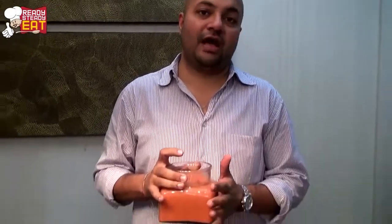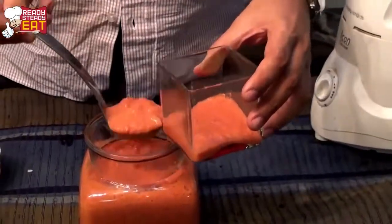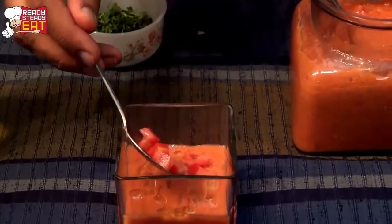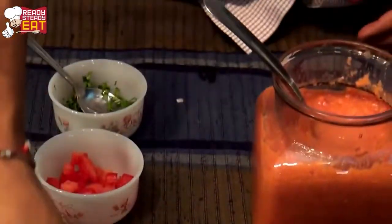plate it up. Right, so the Gazpacho is well chilled. I kept it for about 3.5 hours because I like it really chilled. Let's plate this soup up so it can be ready to be served. Drizzle a little bit of olive oil, a few tomatoes, fresh mint, and there we have our Gazpacho ready to